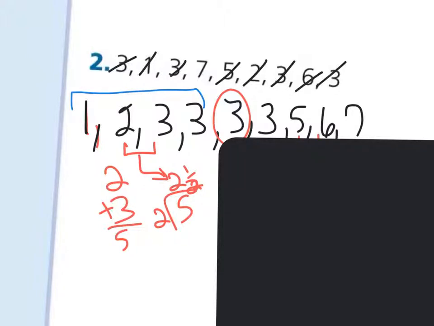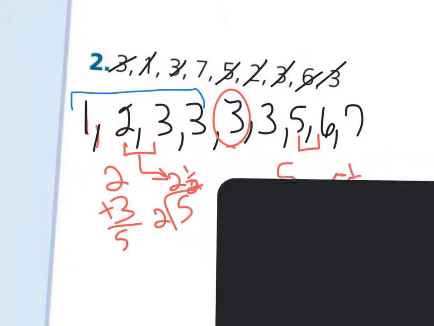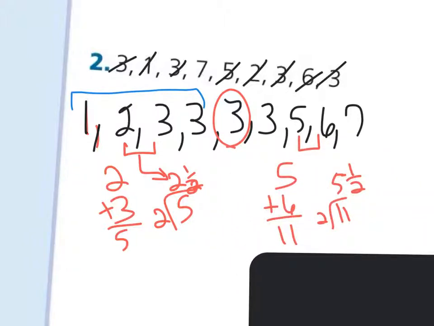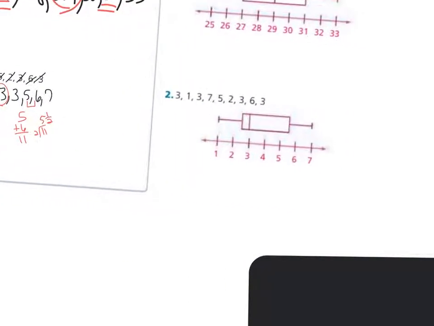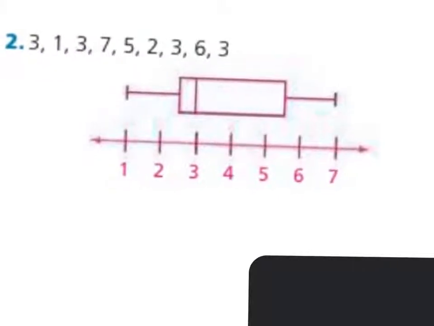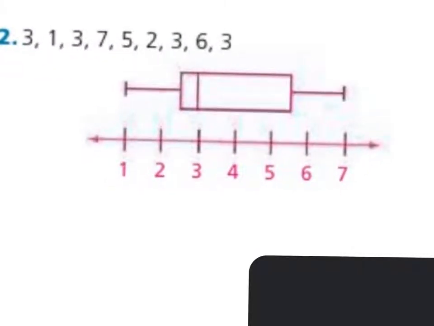And above the 3 we have 4 numbers. The 2 middle numbers are 5 and 6. So if we add those and divide those out, it's 5.5. So 2.5 would be our first quartile, 5.5 would be our third quartile. We're going from 1 to 7, so we can probably just go by ones again. There's not a big range of numbers here, so just going from 1 to 7 would be sufficient. And notice how a couple of these are right in between. 2.5 would be right in between 2 and 3. 5.5 would be right in between 5 and 6.